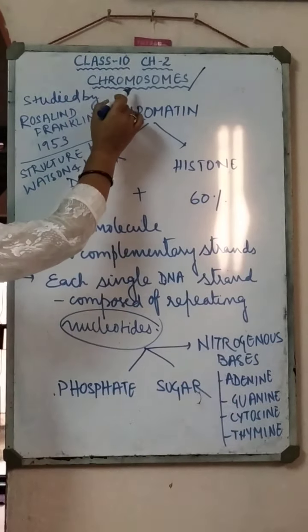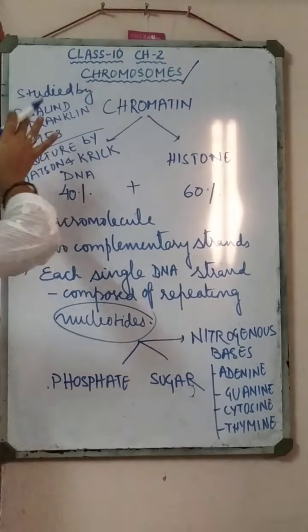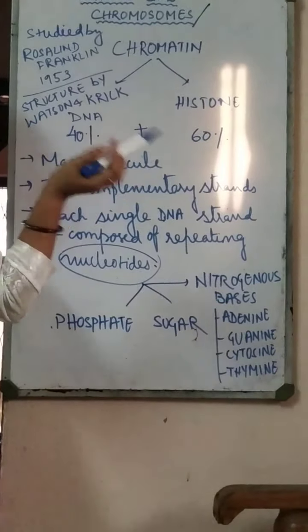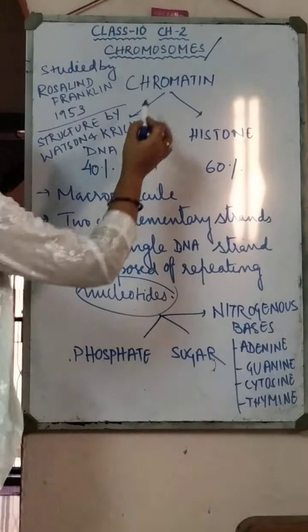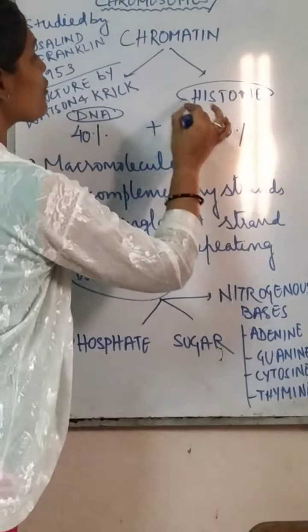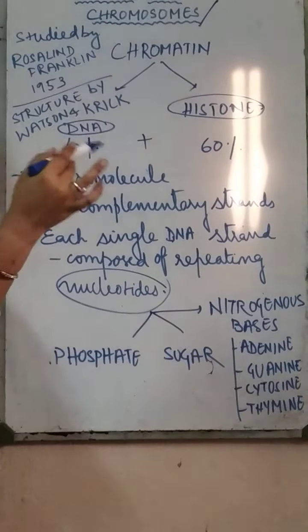So here you can see the chromosome. Chromosomes are first in the form of chromatin in a cell. Chromatin only condenses into thick chromosomes during cell division. Now we'll discuss what chromatin is made up of. Chromatin is made up of DNA and histone. Already I said DNA, histone and nucleosome, so about the nucleosome we'll discuss later.